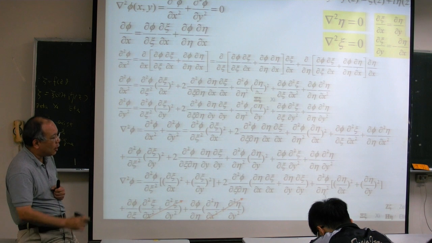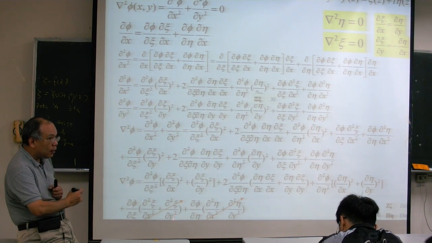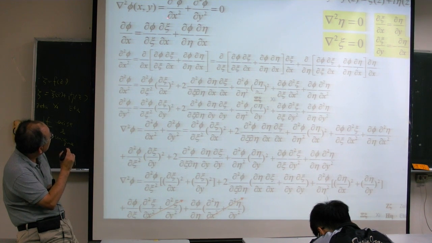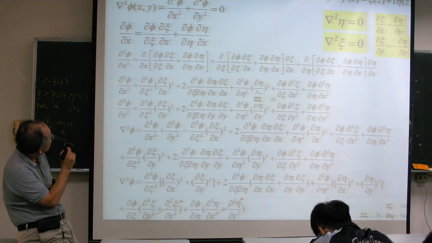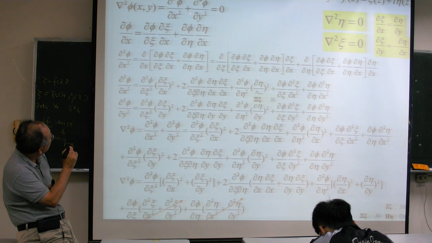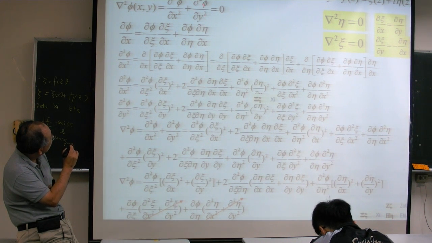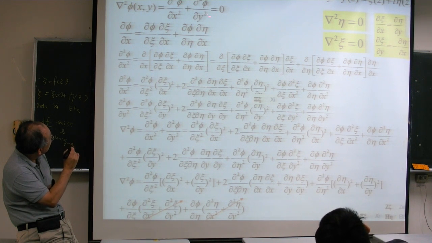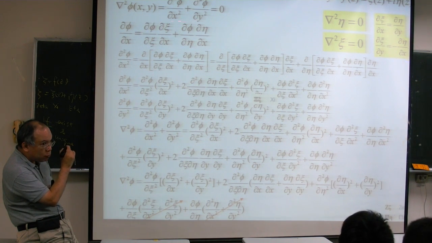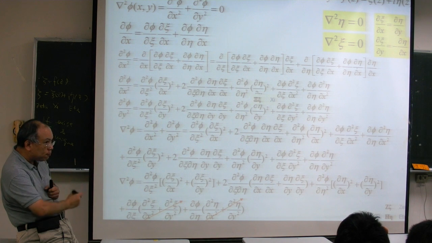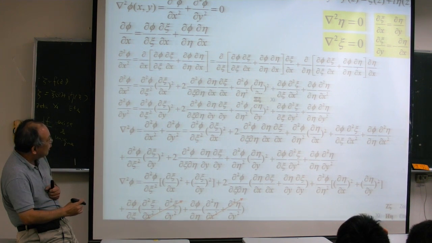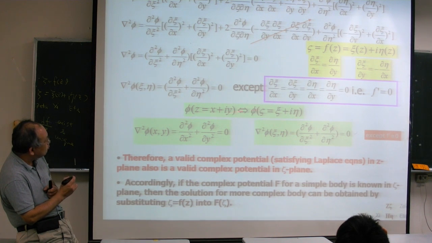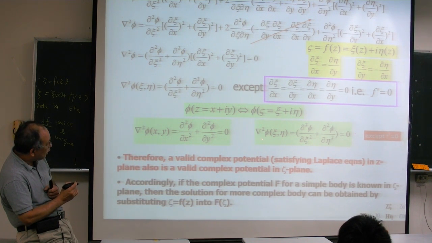As you can see, what I try to deliver to you is the complex potential in the z plane. This is the complex potential in the z plane, right? So this is partial squared phi over partial x squared plus partial squared phi over partial y squared. The complex potential, or velocity potential, in the z plane should satisfy this equation. And I try to prove this; it all ends up with what? Once you do the transformation, I can